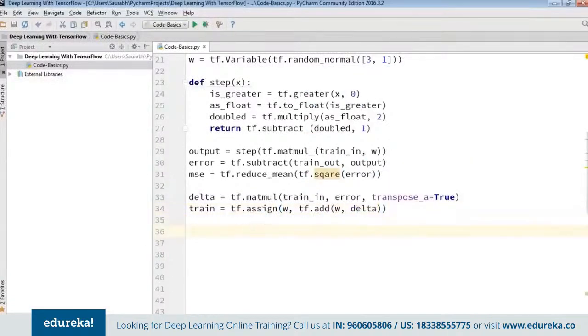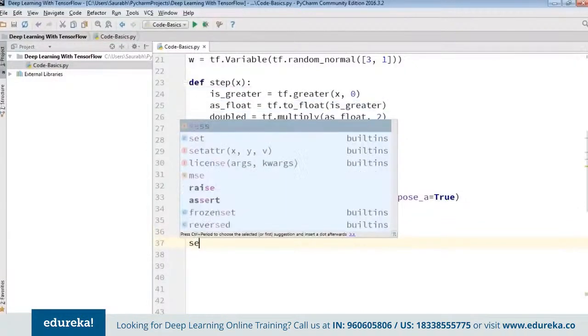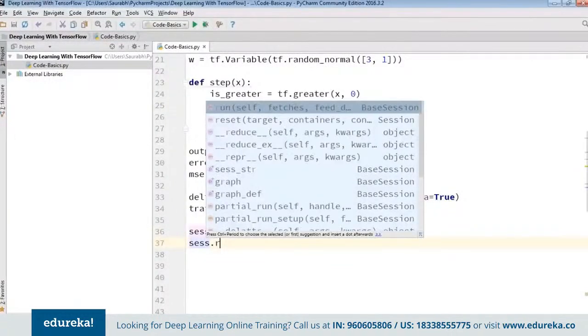So first matrix multiplication and then we're going to add it all. The model has to be evaluated by TensorFlow session, which we have seen earlier as well. But before that, we also need to initialize all the variables. So first, let me just type in here ses equals tf.Session, and then I'm going to type in here ses.run